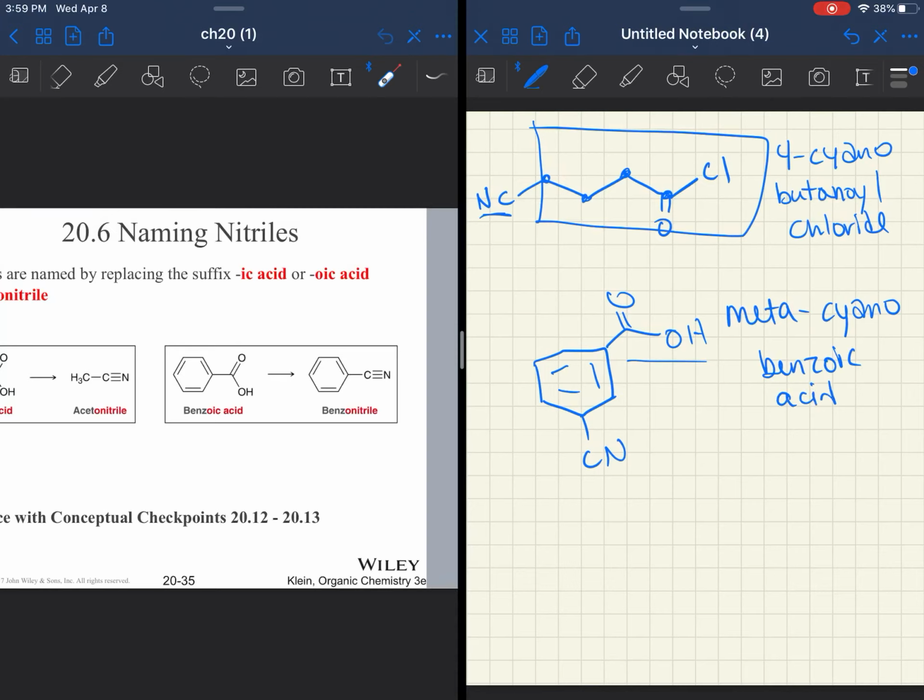Down here, your carboxylic acid is your high priority. It is going to be a meta or 3-cyanobenzoic acid. I will give you a priority list moving forward when you have to do nomenclature. Keep in mind, you always need to find the highest priority functional group, and then everything else